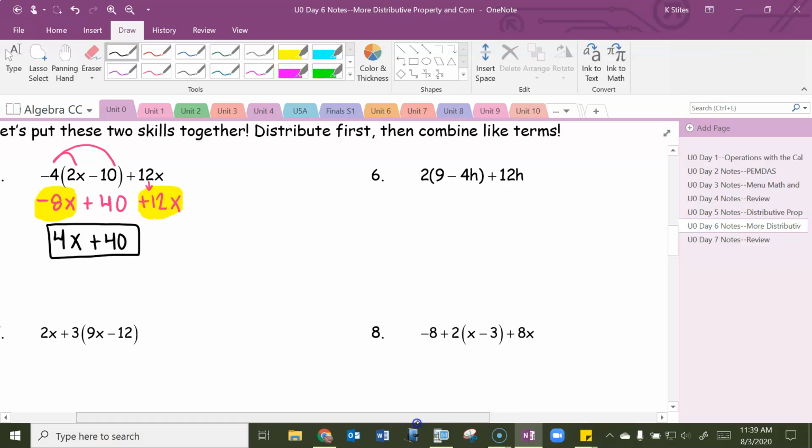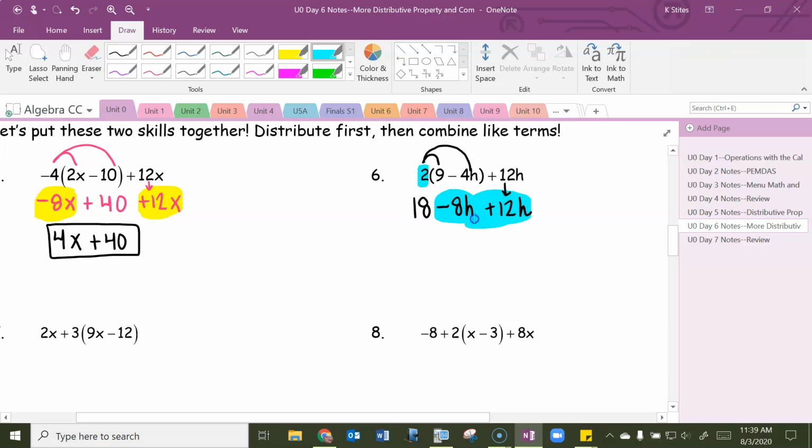Let's try it again. Identify your parentheses first, then find the number right outside the parentheses. That's what you're distributing. That's how you're going to start. 2 times 9 is 18. 2 times 4h is negative 8h. That was the distribute step. Now bring down your 12h. Now look for your like terms. We have a negative 8h